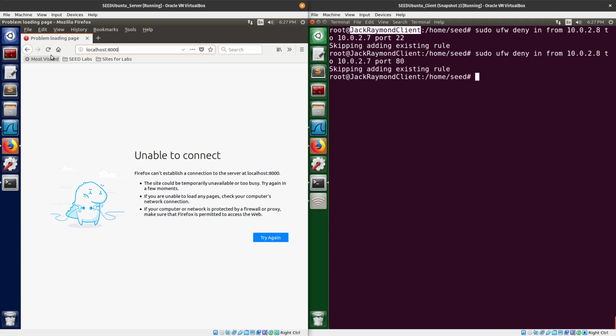And just to see, localhost at port 8000 is unable to connect. And then afterwards we do a reverse SSH from this machine. We log in,